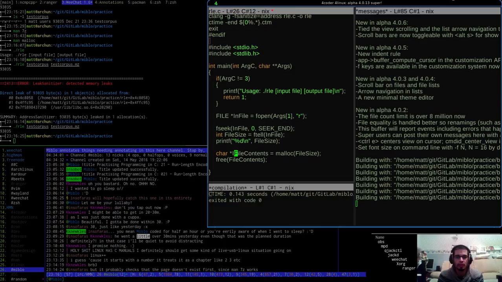Infile, yeah, I should actually disambiguate that. And then have an encoded file contents, I think. Okay, so char infile contents, and then I want to fread. Oh, hang on a second. After I've got the file size, I actually want to seek back to the start.